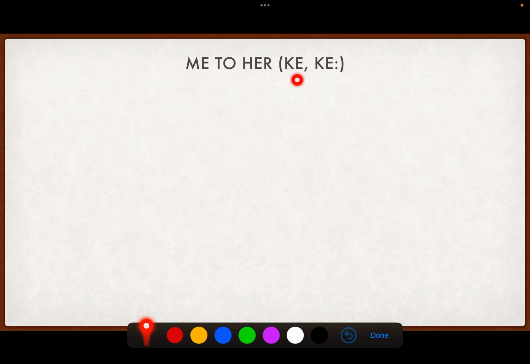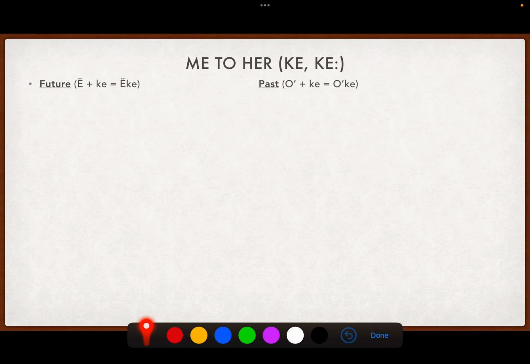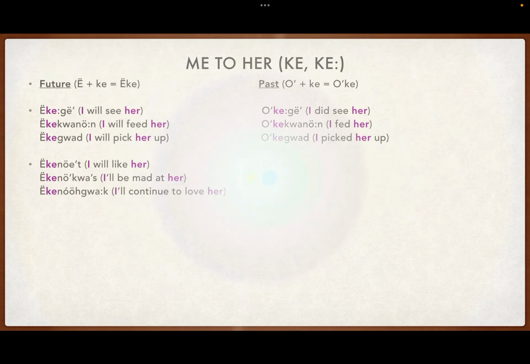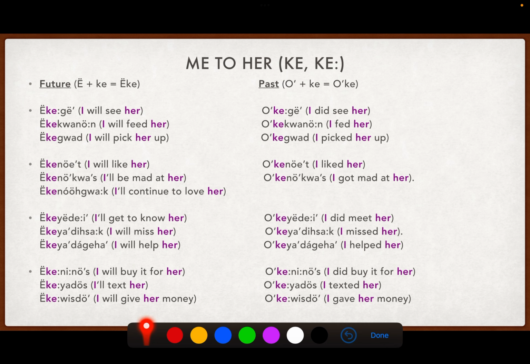So we have K, again, ends in a vowel, so those bottom sets we're going to have a lengthen. We're going to use that K. Little refresher on how to use them and what they result in. So go through. Enk again. Remember, enk, not ek. Enk again. Enke quanon. Enkegwad, Enkenoit, Enkenoquats,